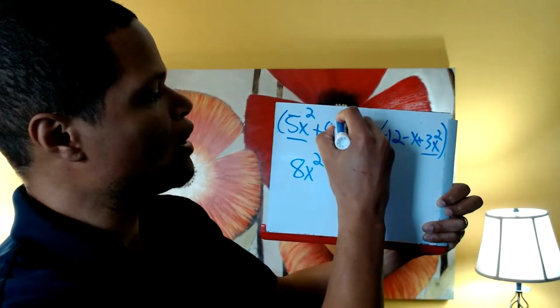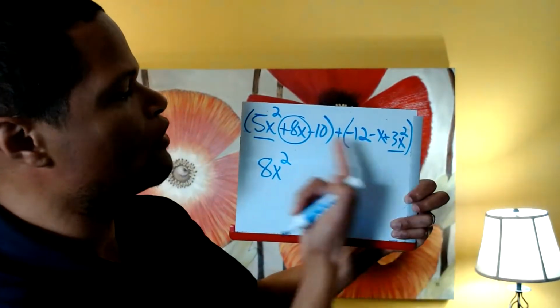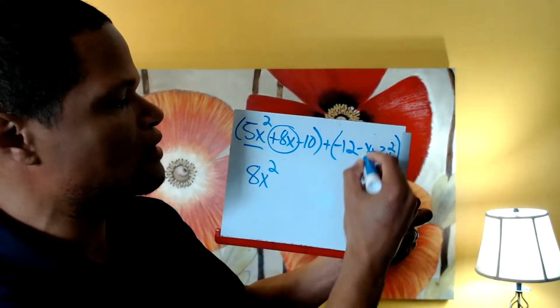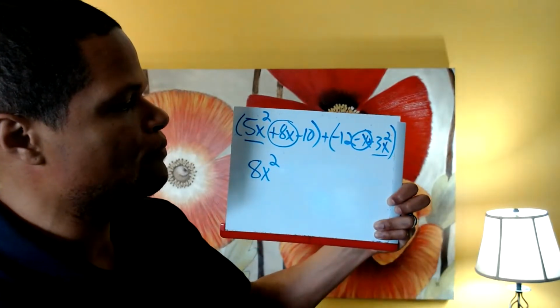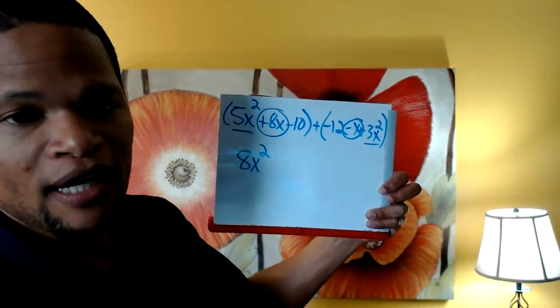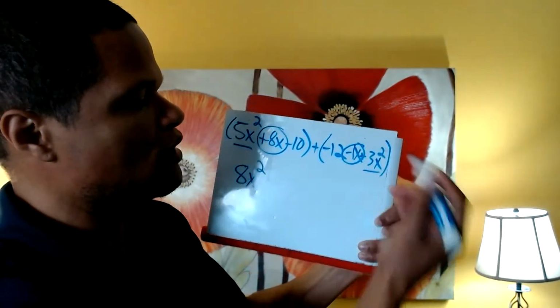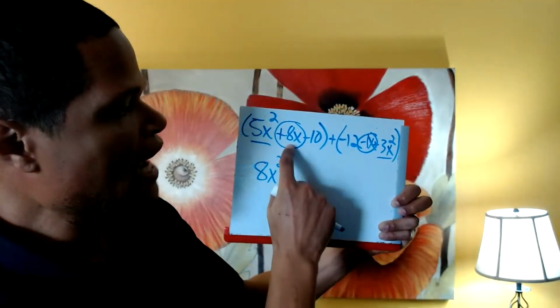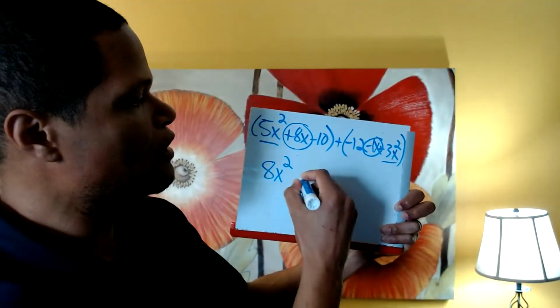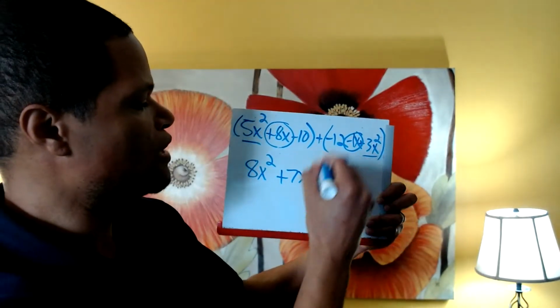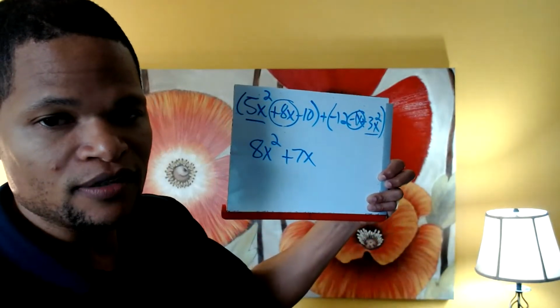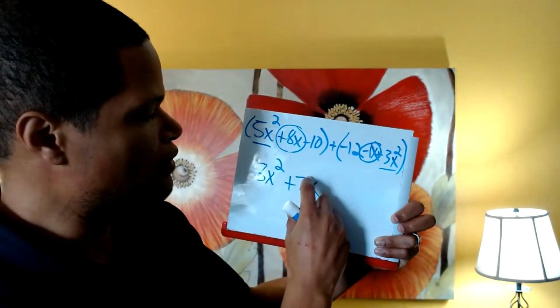Then I'm looking at, look right here, you got an 8x. We'll find the other term in the other parenthesis that just has an x. That would be minus x over here. Now remember, if it's just minus x, think of that as a 1x, right? You could even pencil in a little 1 right there if you needed to. 8 plus a negative 1 is going to be positive 7. And since it was an x, you just keep it an x. That would be plus 7x. In fact, let me just make that look a little cleaner there.